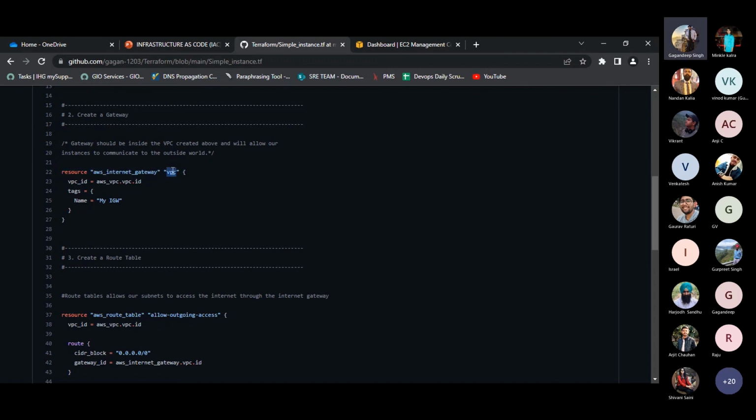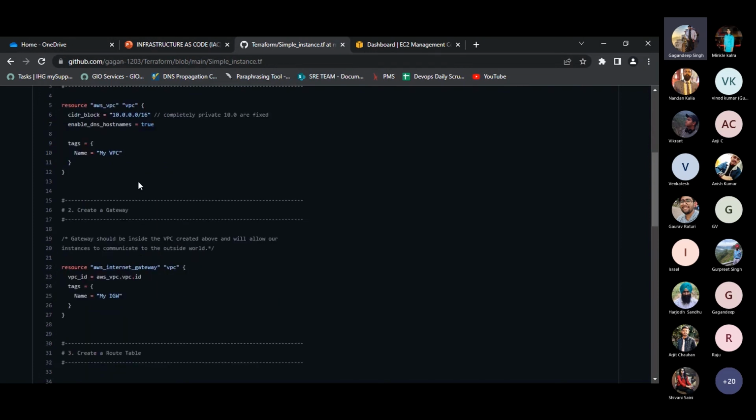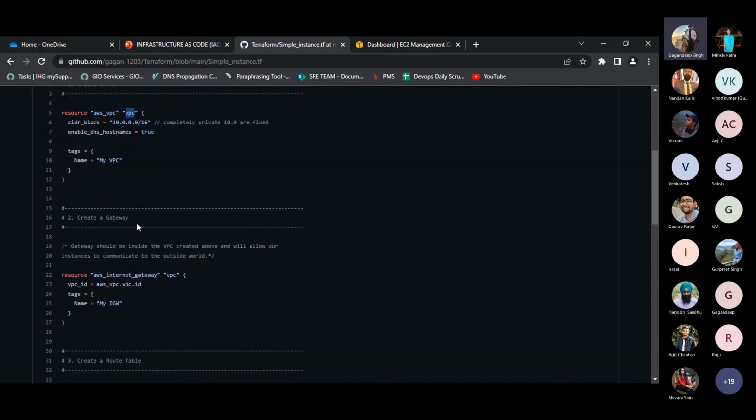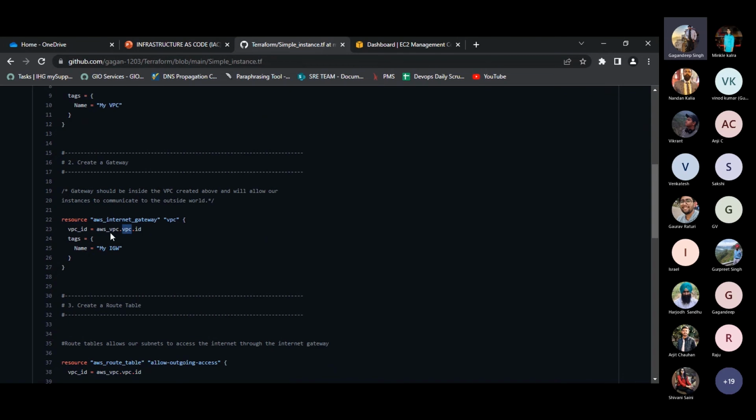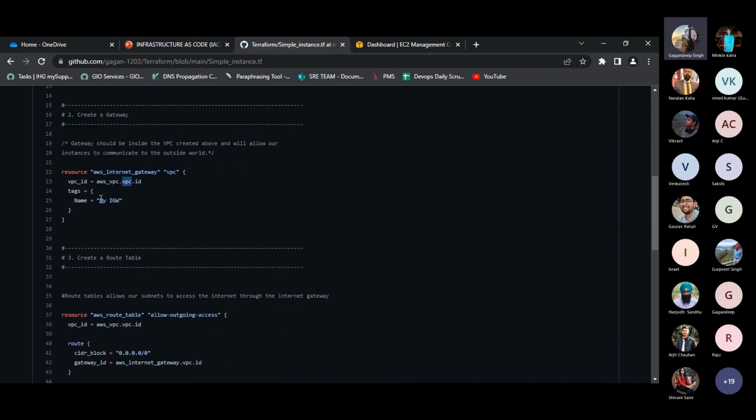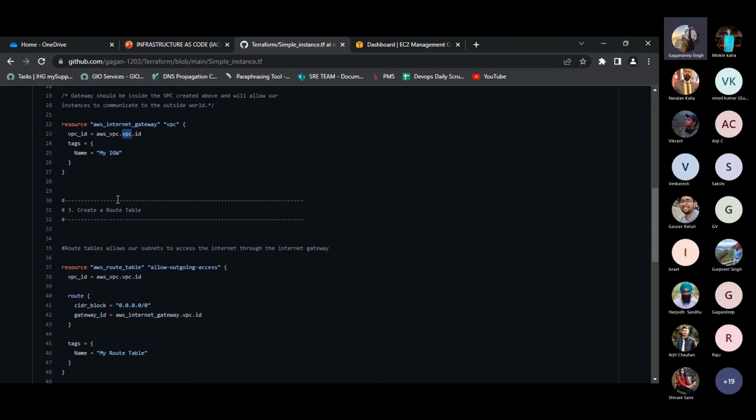I have wrongly put over here VPC; we can type it over here as internet gateway as well. And we are using the VPC ID that we have created over here. So this VPC ID is used over here. And we are providing it a tag as my internet gateway.